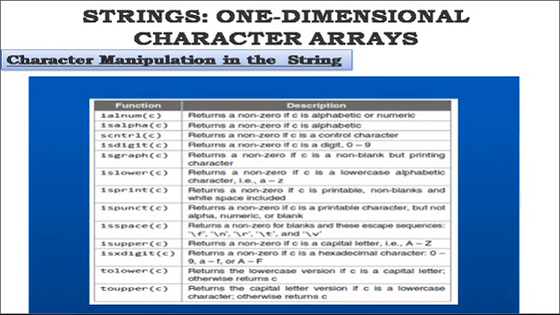The next one is character manipulation in the string. The table lists the character handling functions of the header file. Notice that except for the toupper and the tolower functions, all these functions return values indicating true or false. It may be recalled that in C, true is any non-zero number and false is 0. The character is seemingly typed as an integer in this function. This is because the character functions are really looking at the ASCII values of the characters, which are integers.